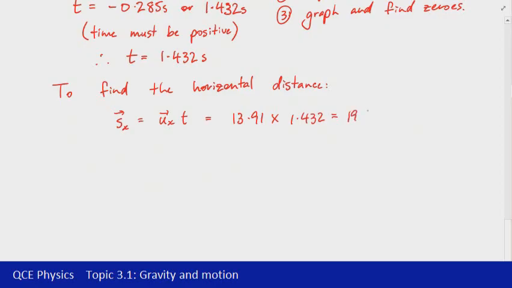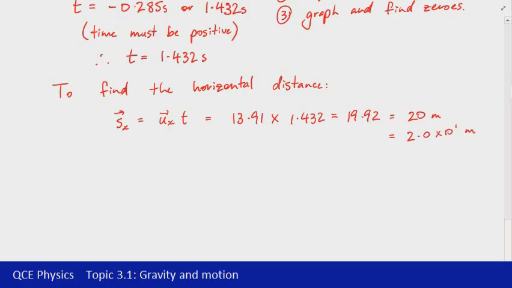gives us a value of 19.92. If we go back and look at the values that were given in the original scenario, they were all to 2 significant figures, so we should round that to 20 metres, and again, to express that 0 is a significant digit, we should really write that as 2.0 by 10 to the 1